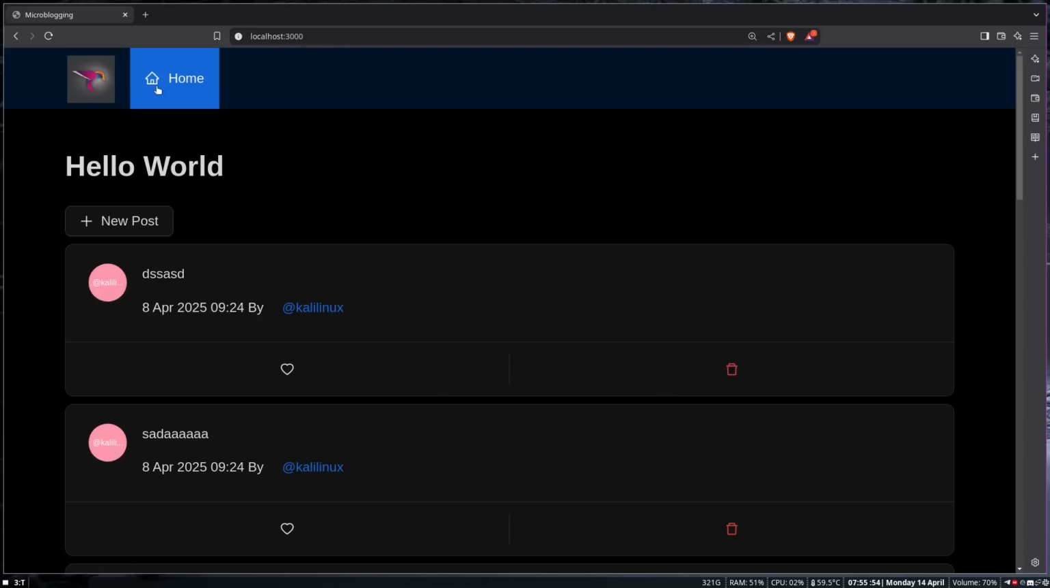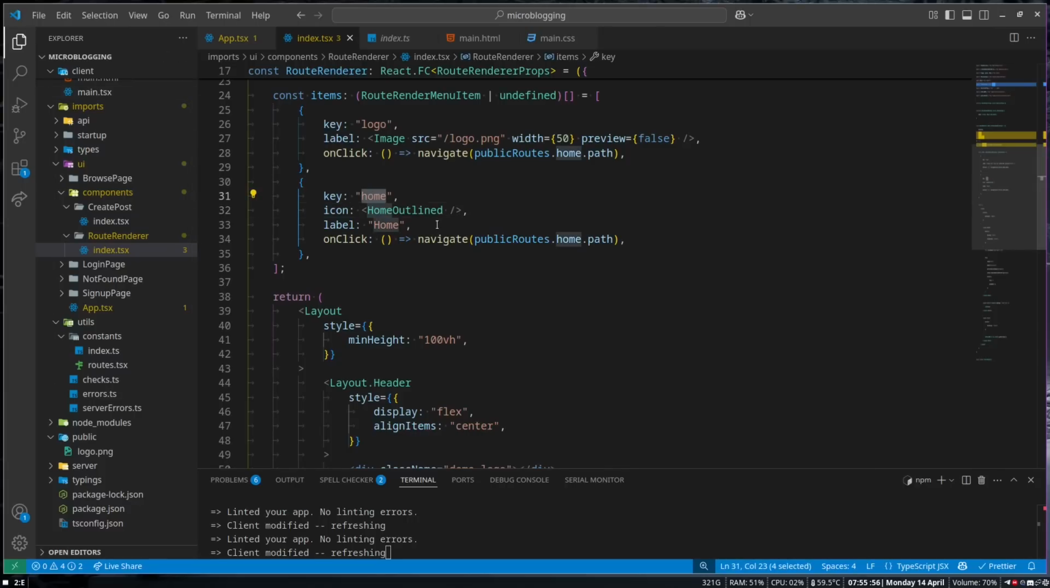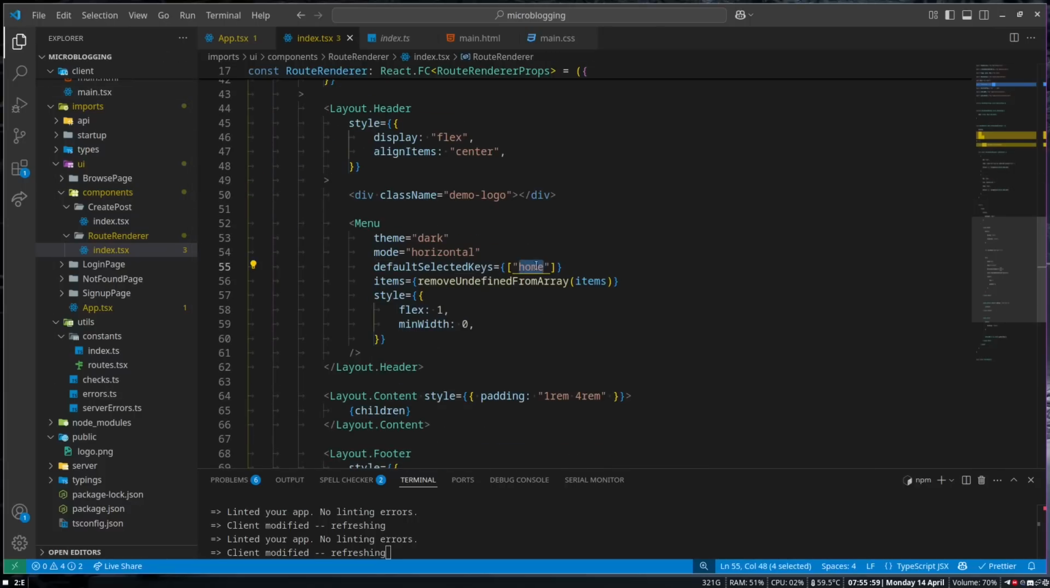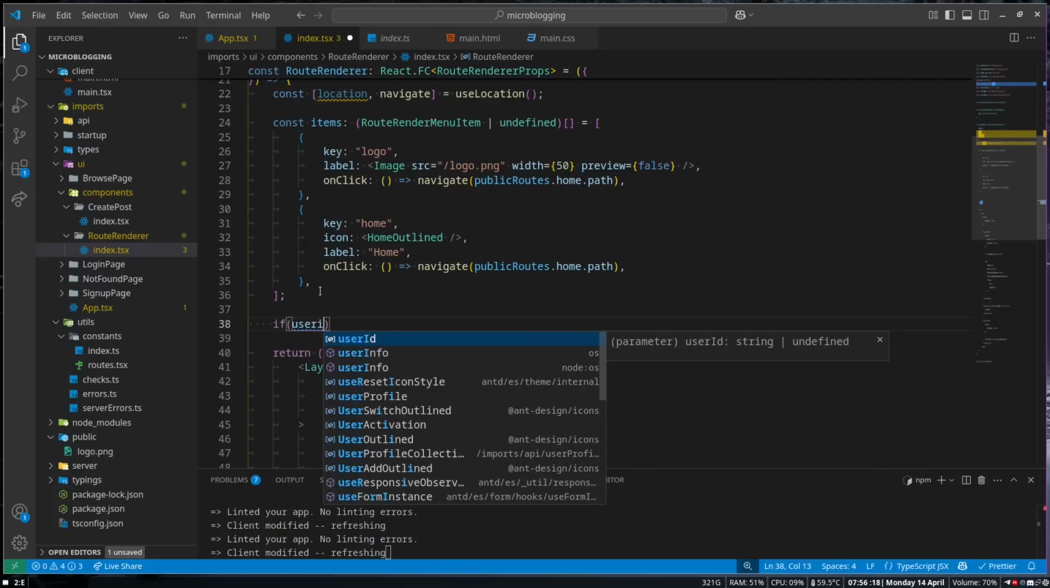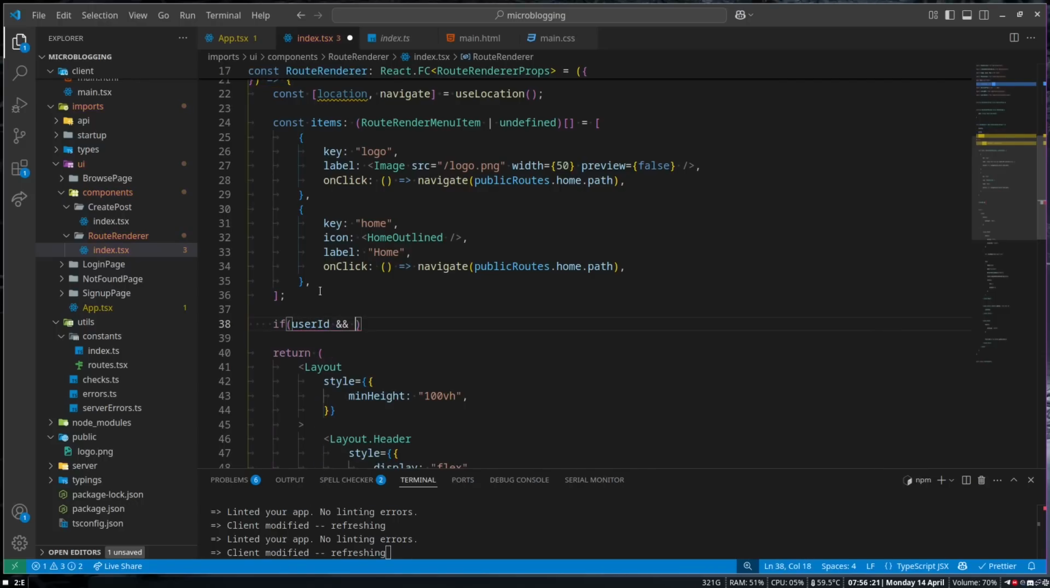This is also the default selected key. So this key here, home, is the same one we have here. Now we can check if the user is logged in and if we can see their profile. So if user ID and user profile. So if they're logged in and we have fetched their profile, we can say